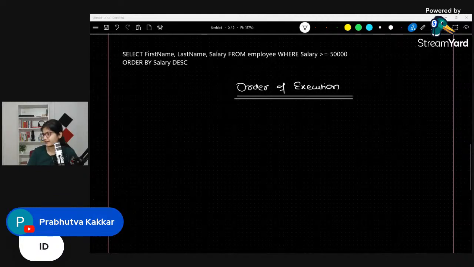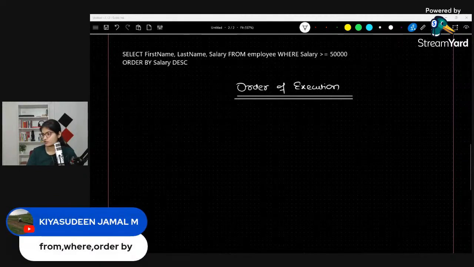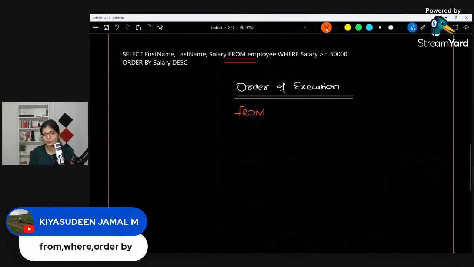Few answers are correct. So, can you see this answer? I think this is not exactly correct. The very first one is correct. FROM will work at the very first. So, what will happen? First of all, it will check from which particular table we have to fetch our data, right? The FROM command will work first. This is correct. After that, what will happen? We will go to the WHERE clause